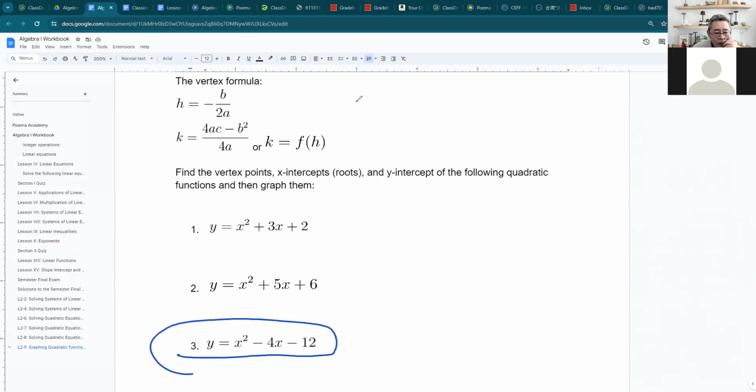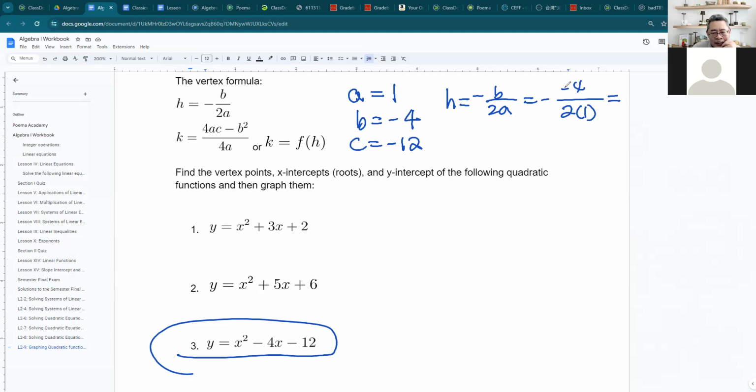We know our A is 1, B is negative 4, C is negative 12. So our H then is minus B over 2A. Minus B is negative 4 and 2A is 2. So negative, negative, positive. So 4 divided by 2 is 2. And our